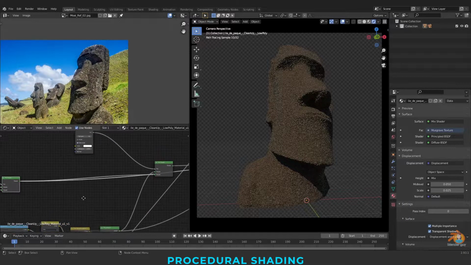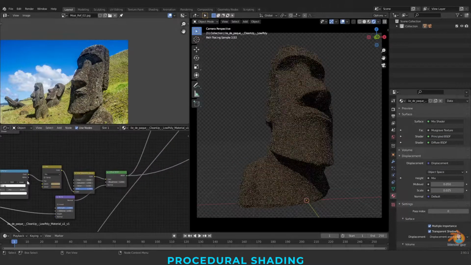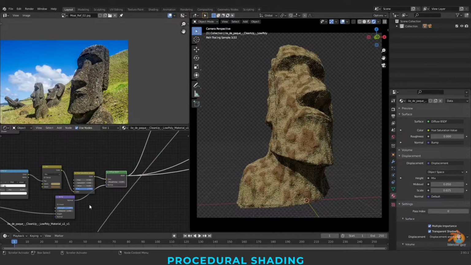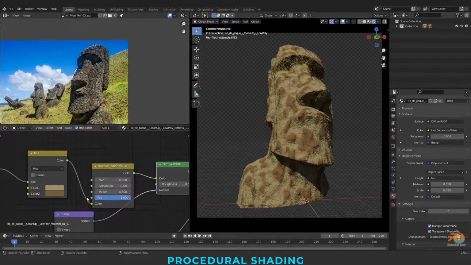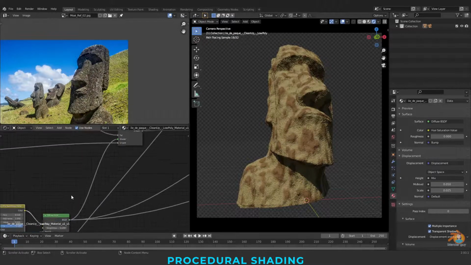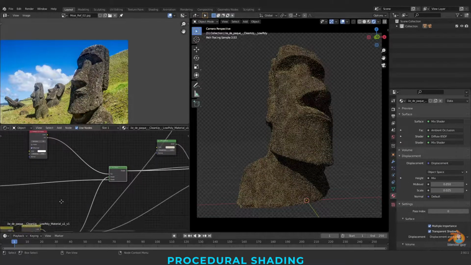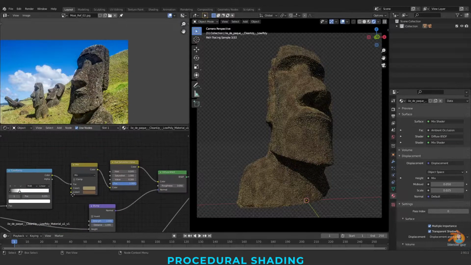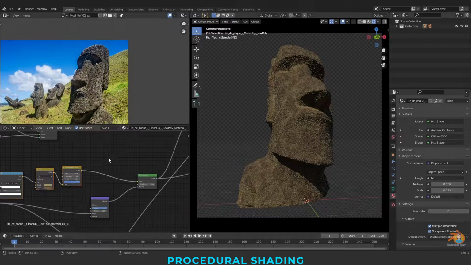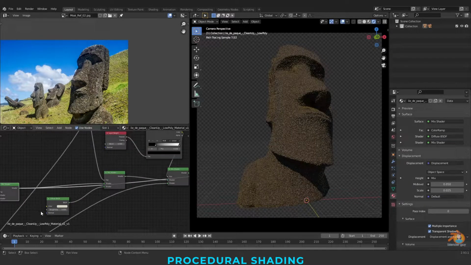After that we have taken one other pattern, this color, and we have blended both. Let me add a gamma here. On the top of it, I have connected this